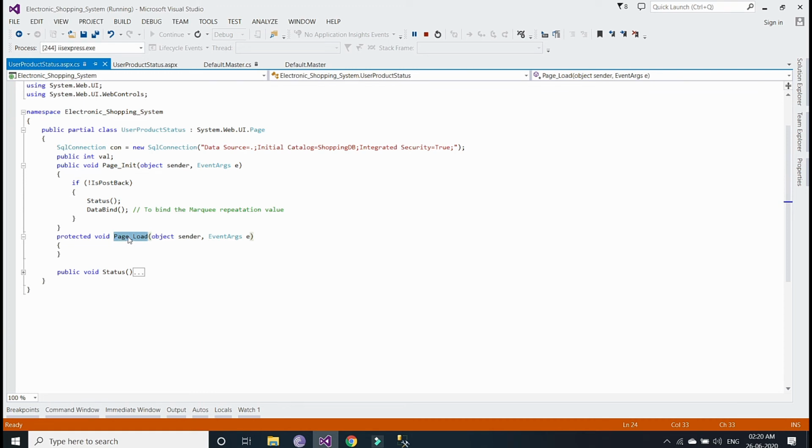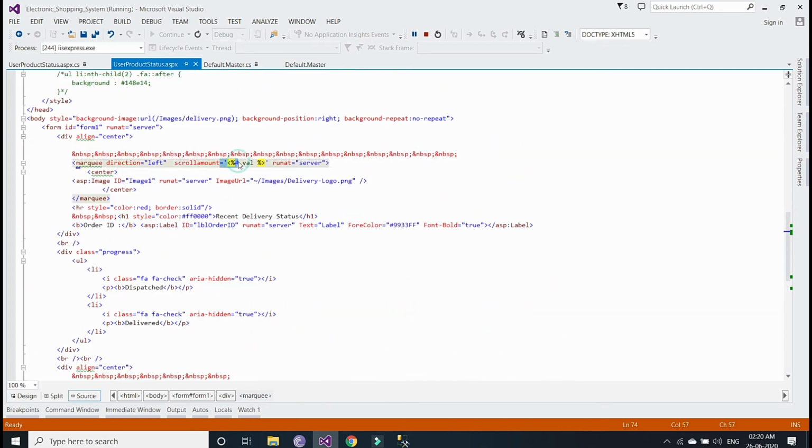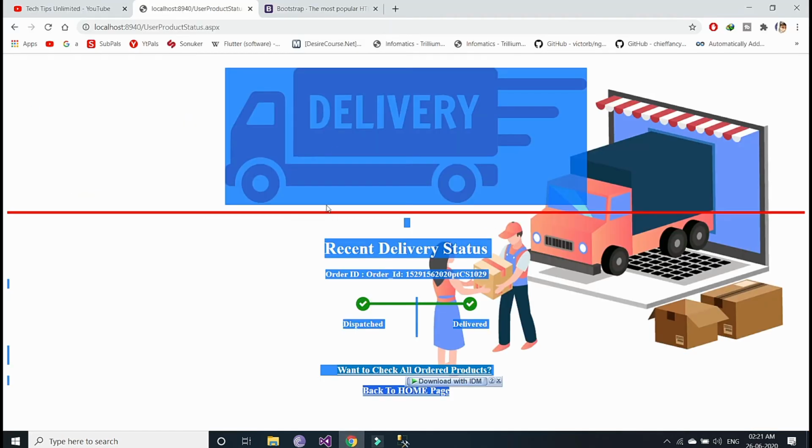But before this page load event, the page init event is called. The reason for using this event is to get the value bound inside this design page, the scroll amount. Based on this value, the van or vehicle decides whether it is in a moving state or not.